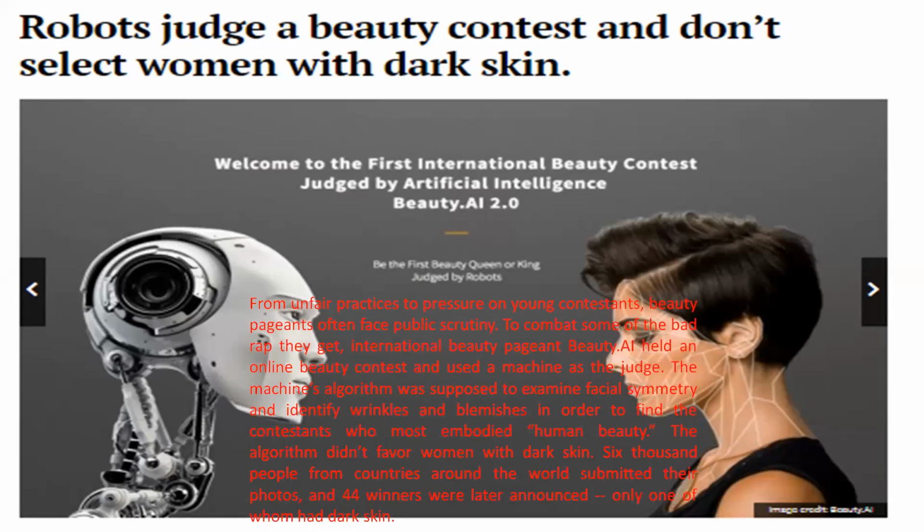So why was it given? It's not the fault of the robots, it's the fault of the human who gave the input. If you give only white images, what will the robot take? It will only take decisions based on the white images. You have to give proper data, and then the robot will not be biased. These are some of the negative sides of AI and robotics.